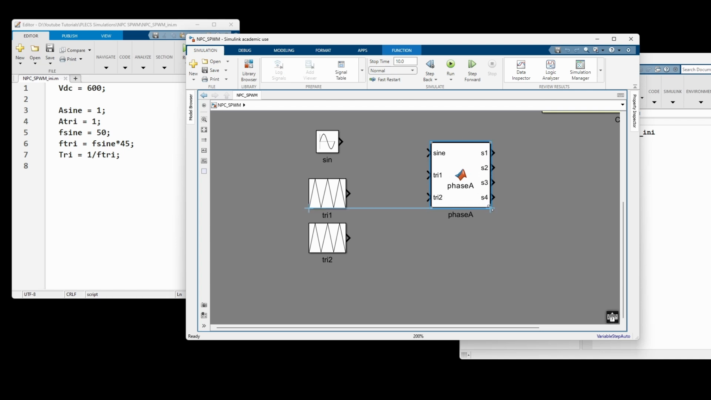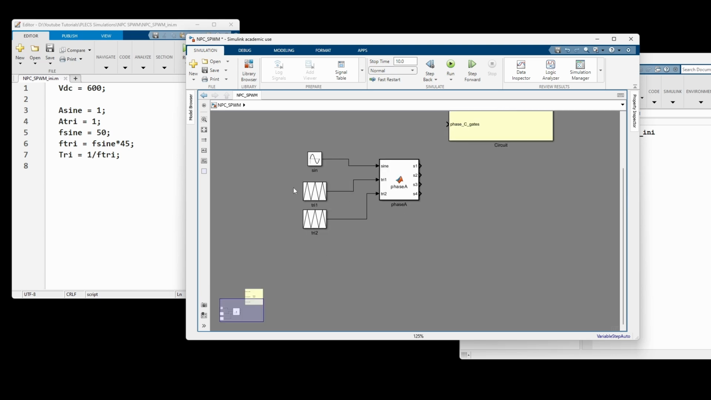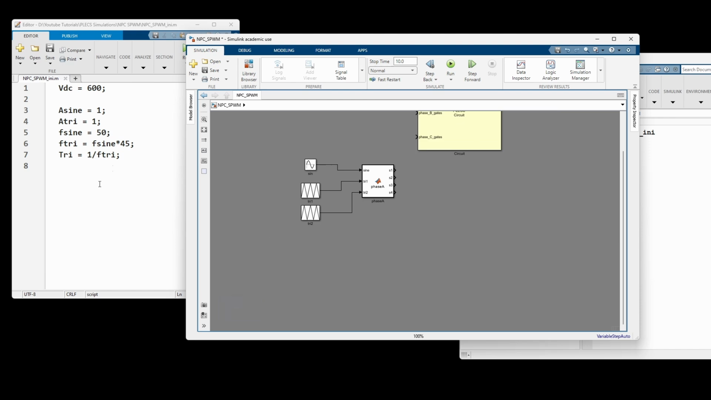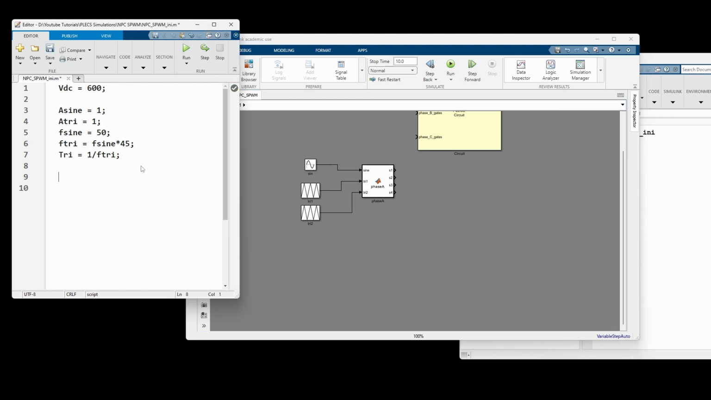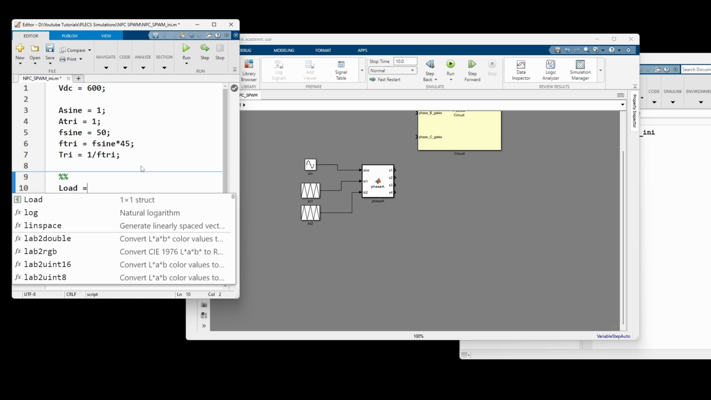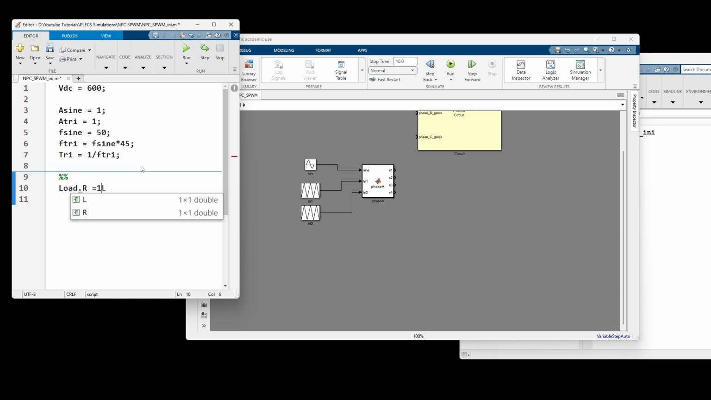So you see our block of the MATLAB function is now updated. So what we can do is just connect our sine waves here, triangular 1 and triangular 2. Before we continue our analysis, let's check the values first. So load R I will just take as 1 ohm, and load L, let's take 1 milli. And if we run,